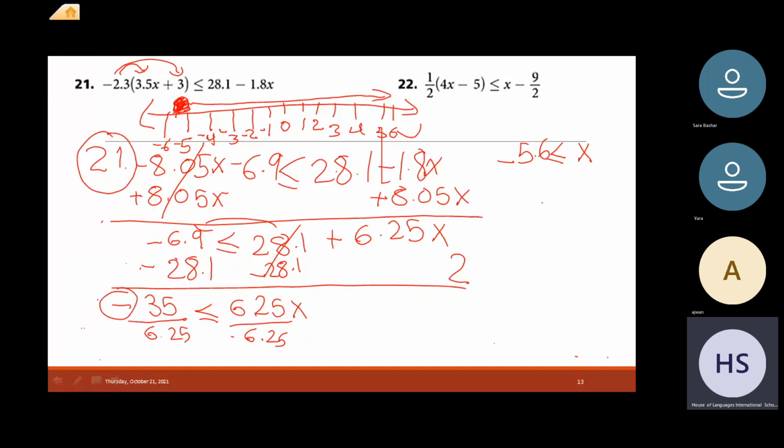There's no time. Negative 5.6 greater than